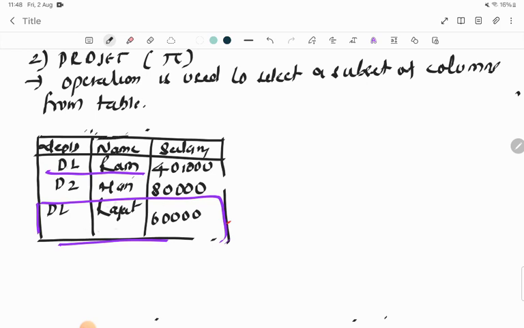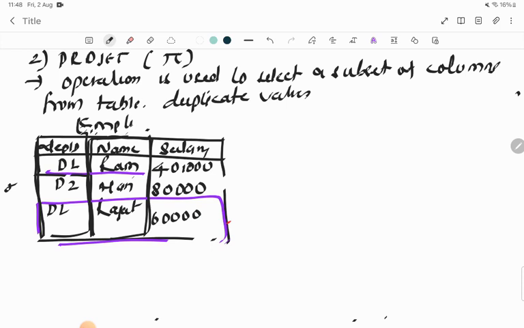Okay, so if you want to select just a subset of columns from the table, for example, in the previous one, while using sigma, it was used to display the whole tuple. But what happens if you just want to display the name column, or just the department ID column? In this case, we are going to use project, and it is also used to remove the duplicate values. Okay, let us consider the table. So we have got the same table, that is the employee table,